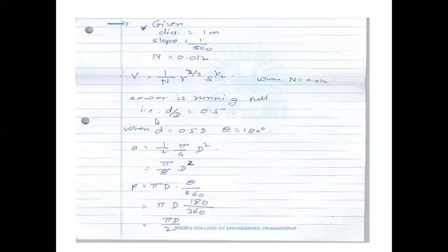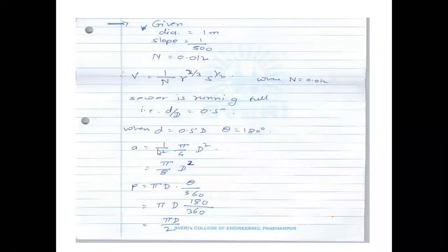So at that condition, small d upon capital D is equal to 0.5. Because why it is 0.5? Because your diameter is 1. Is it? So that becomes d upon D is equal to 0.5. That means small d is equal to 0.5 capital D. So in that condition, you can imagine that it is running half full. Means what angle will be developed? In the earlier figure, we have taken an angle. Is it? So if it is running half full, what angle will develop? It will develop as a 180-degree angle.